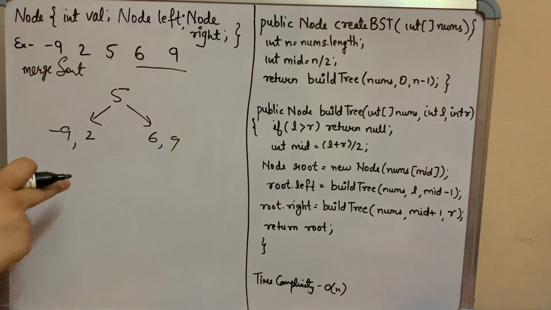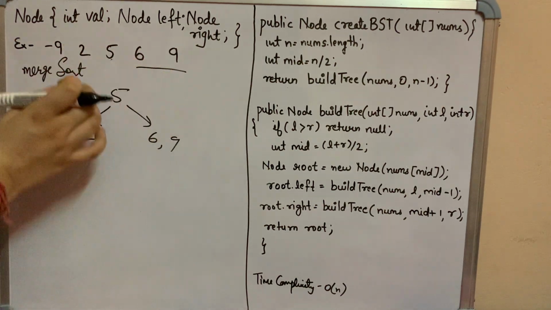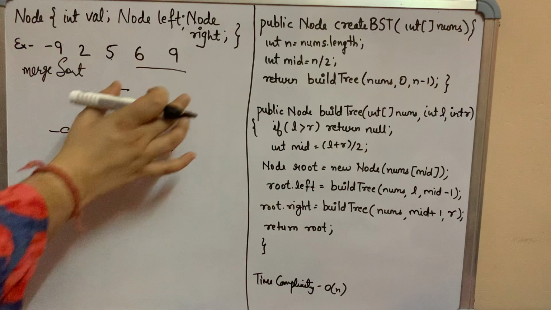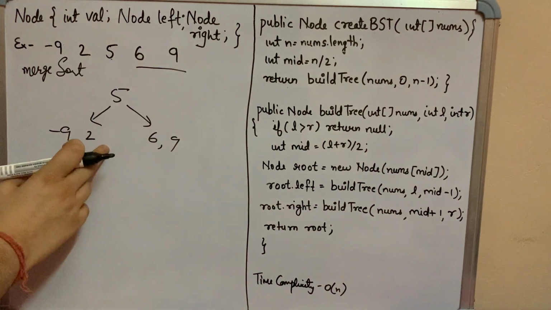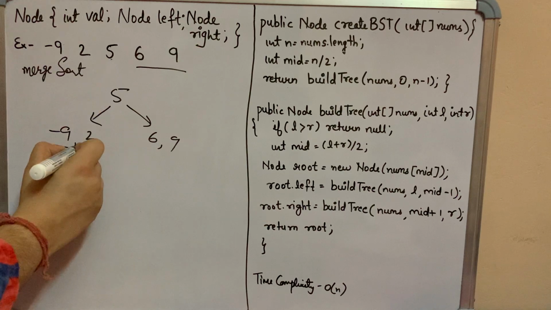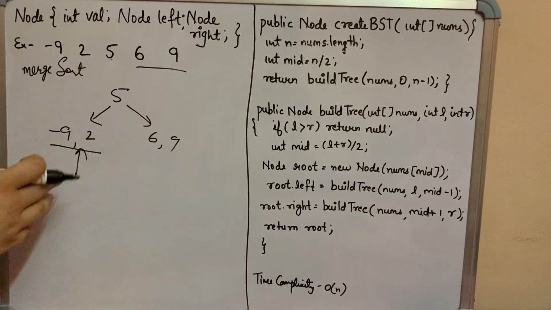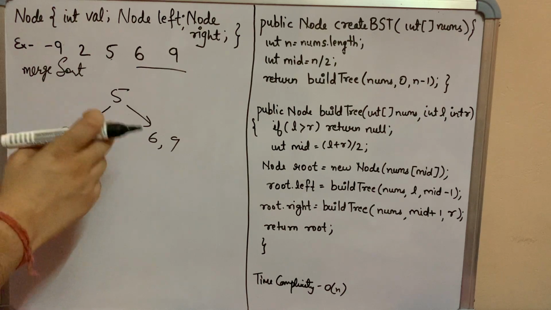And similarly, you can see this is what merge sort always does. You break it into two halves, you process this section, you process this section, you keep on doing. Let's say now you come here, hypothetically, let's say this is the array you got, you divide it into two. We will see how we are trying to divide, or which element you're going to take. You take minus 9 or you take 2.